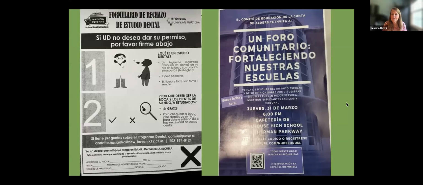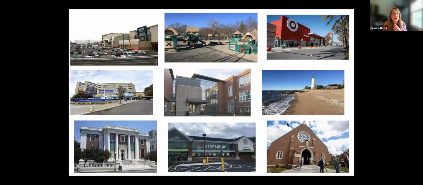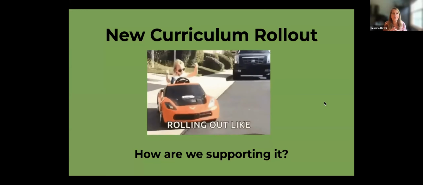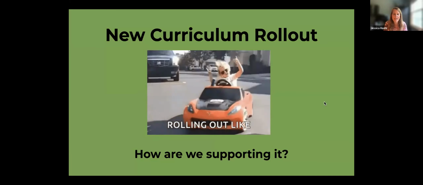And then here's just some other things in New Haven that teachers have used as readings for the kids. And we also make sure that we use pictures from New Haven when we're talking about things. So when we're talking about the supermarket, we have Stop and Shop on Whaley Avenue, or a church, or the train station, and things like that. So even that teeny tweak of using something that's in your community gets their attention.